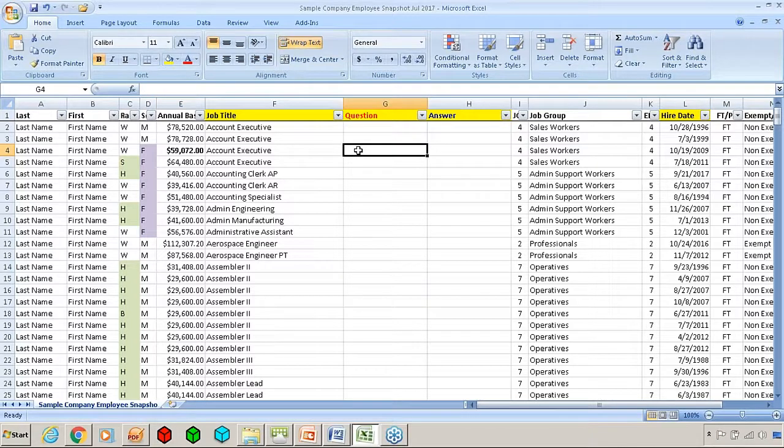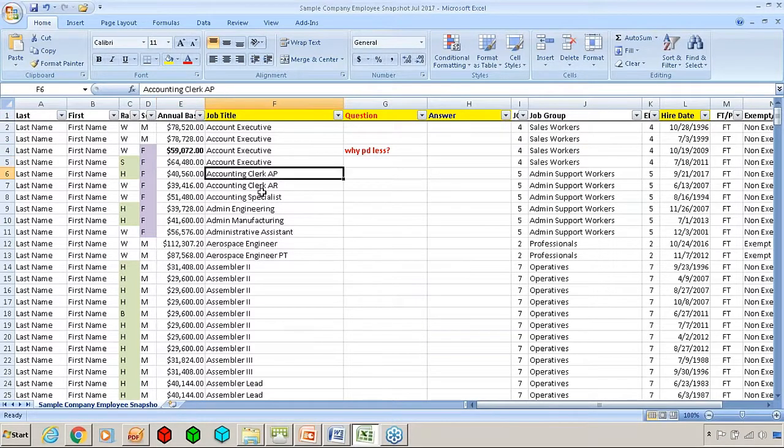So we're going to make a question here. Make your question simple as you're going through, because as you're going through this, you're going to want to go back to her records in your HRIS system or in her file and find out, why is she paid less than her cohorts? Because these are account executives, these are probably commissioned people. Maybe she has a different commission program, but she definitely has more tenure than this individual, and she's paid less.